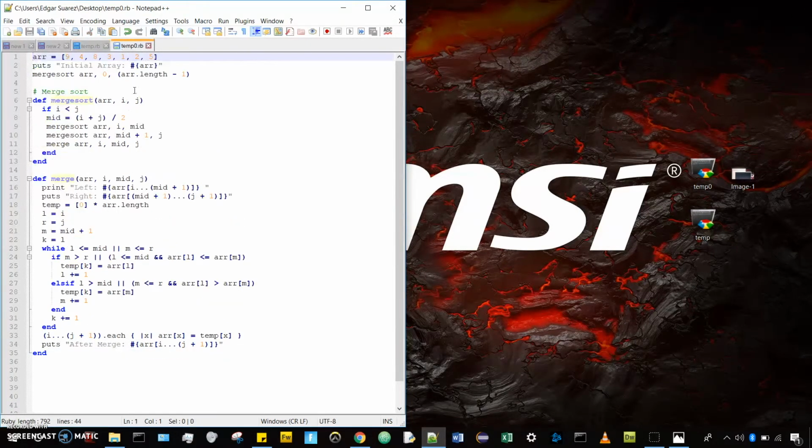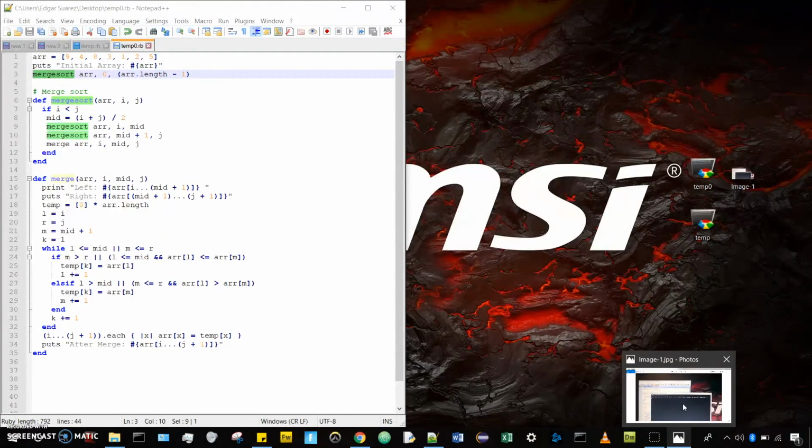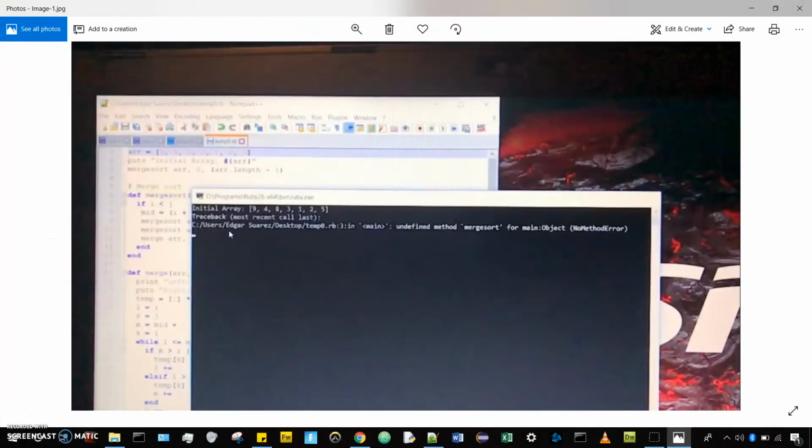If we were to change the order, so that the merge sort is used before it's actually defined, then this is our temp0 Ruby file. I'll try running it, and if y'all notice, it crashed real quick. I had to take a picture in slow-mo just to see the actual error, but it shows us right here